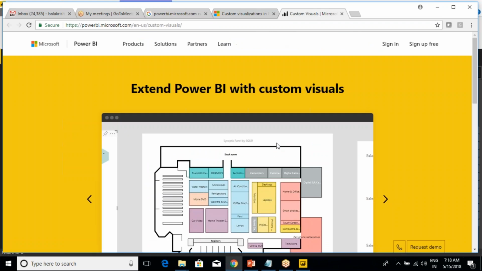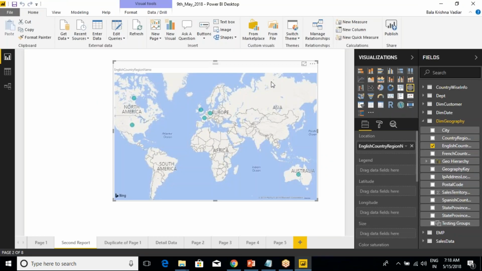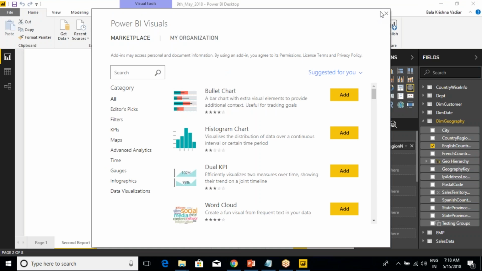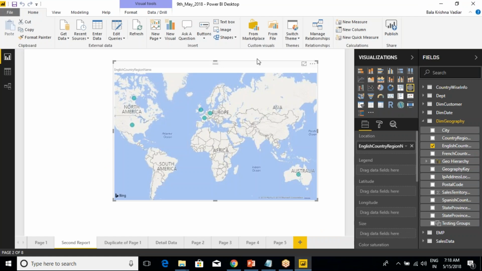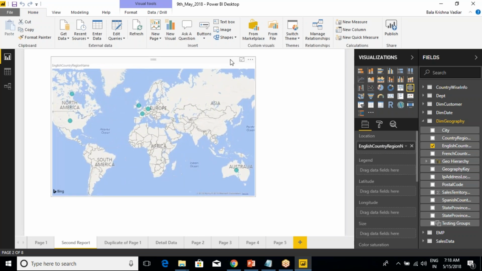When I click on the marketplace, this same window will open from here also, but I think I need to log in. I don't want to waste time here. So that is how to add custom visuals to the existing Power BI visuals. So the next one is